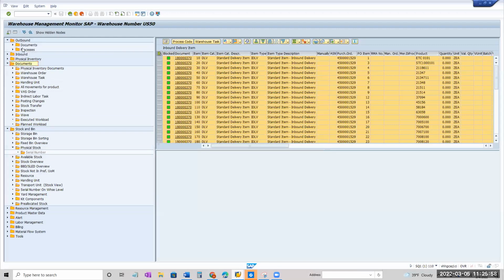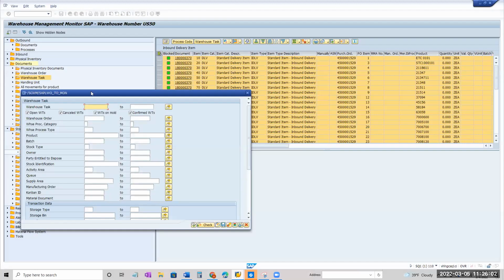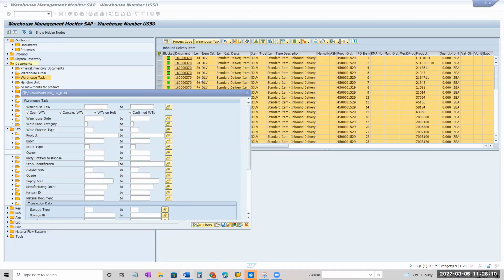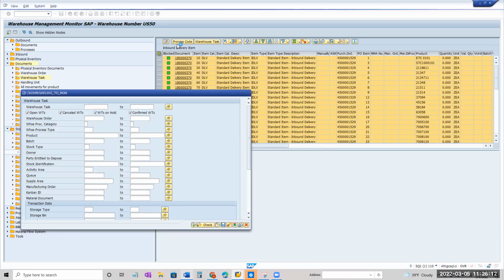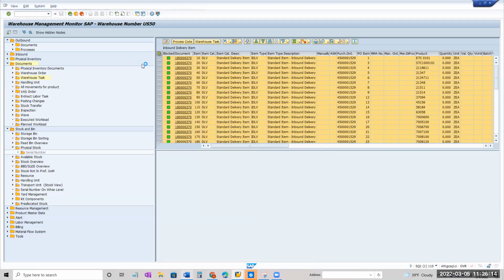I think I have got it somewhere. Now go to configuration, I'll tell you. Go to SPRO. No need to show the documentation now. Okay, go to SPRO.